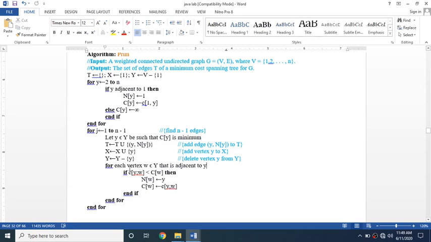So we have just explored this small y, this vertex. Now we need to include all the adjacent vertices of this y into c of w. In the same way, initially we considered from the source.